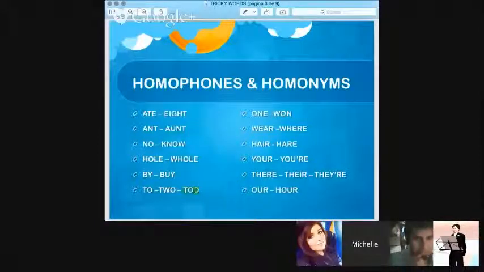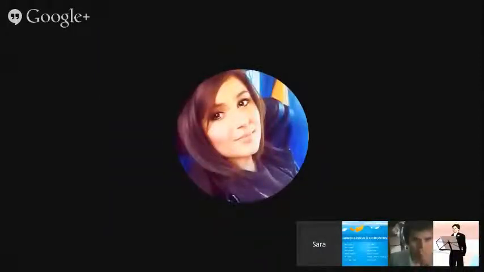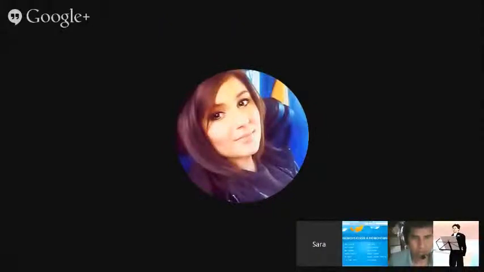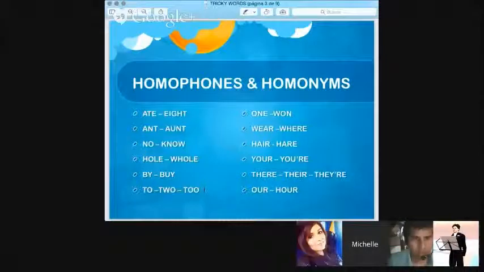Do you know the difference between these three versions of the word to? Yeah. The first is a preposition. For example, I go to the church. The second one is a number. Two apples, for example. Exactly. And the third word is an adverb. For example, it is too cold here. Exactly, right? Too much, right? Or you could also use it as like, I like cats too, right? Like as well. Exactly. Good. Perfect. Okay. So we're going to do a few more and then we're going to do an exercise.